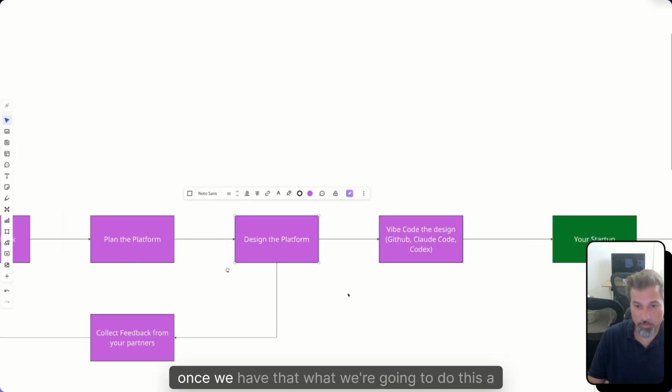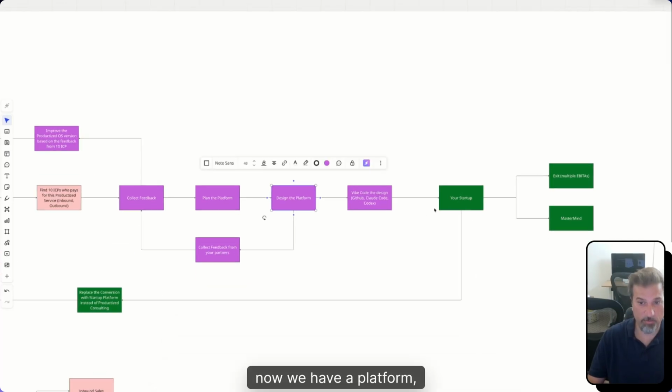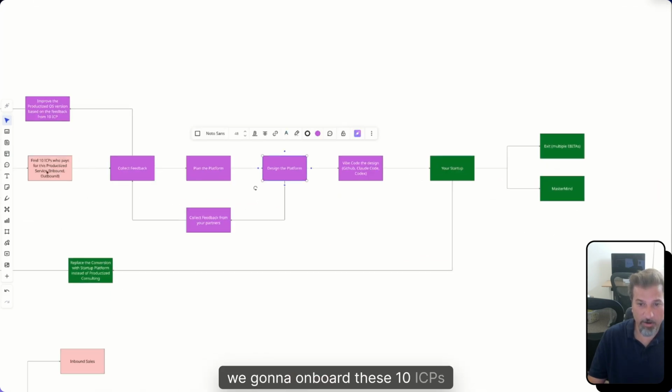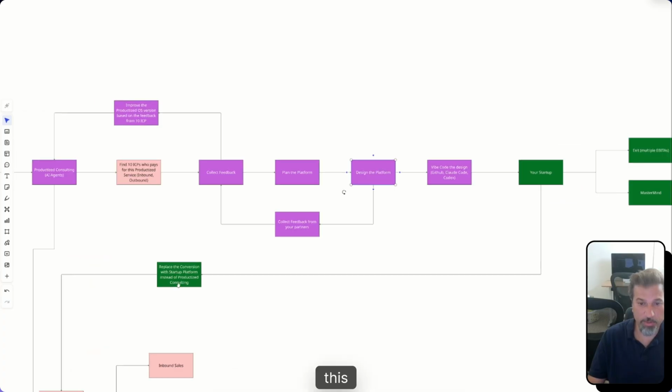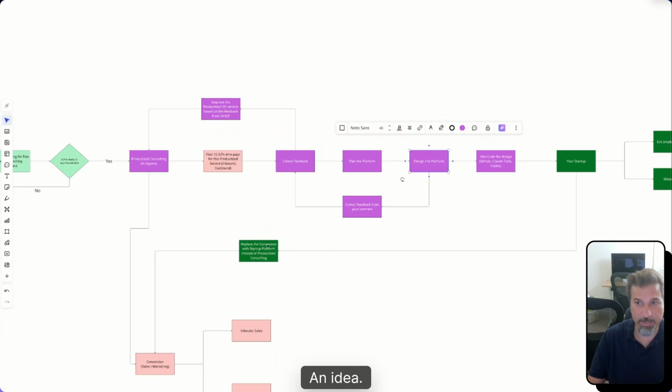And once we have that, this is a startup. Now we have a platform, right? While the productized version is working, we're gonna onboard these 10 ICPs into this platform to help your business and idea.